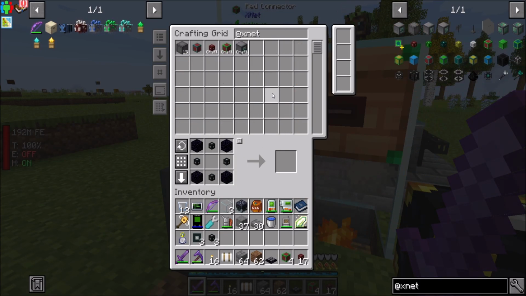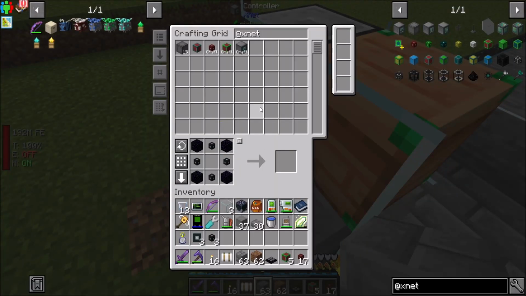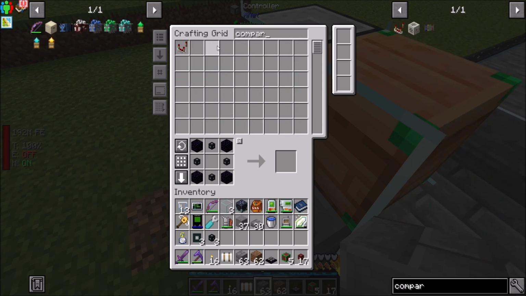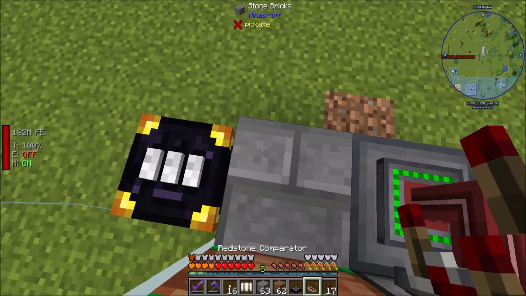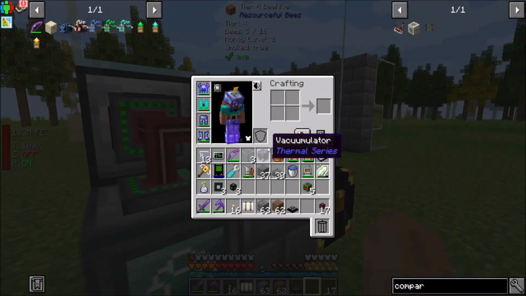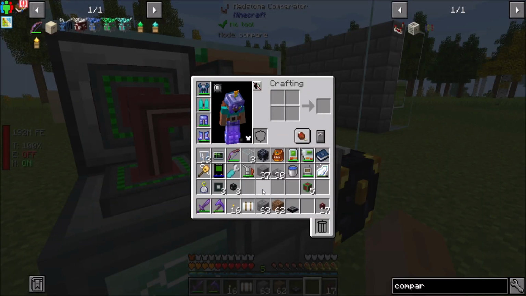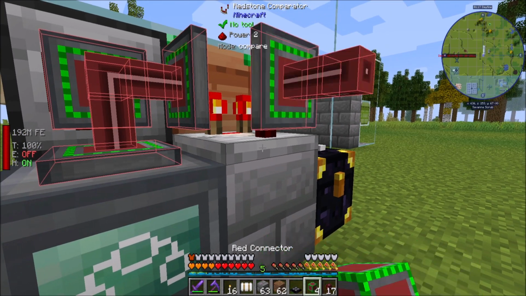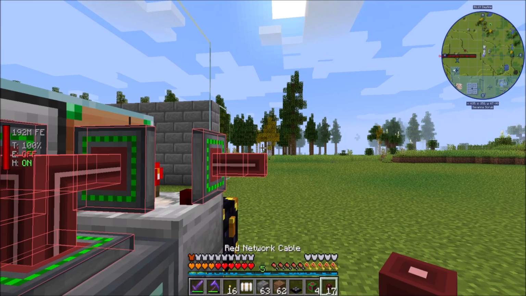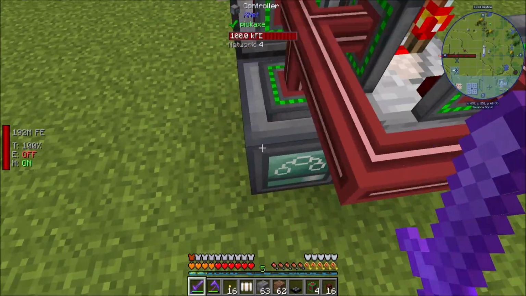You know what we could do? A comparator is what we're going to want anyway. No, I think, are you going to... Because he doesn't output on the right. Yeah. So what we're going to need to do is have the connector on the front here. It's a little bit meh, but it is what it is. I don't love that that's how it looks, but...